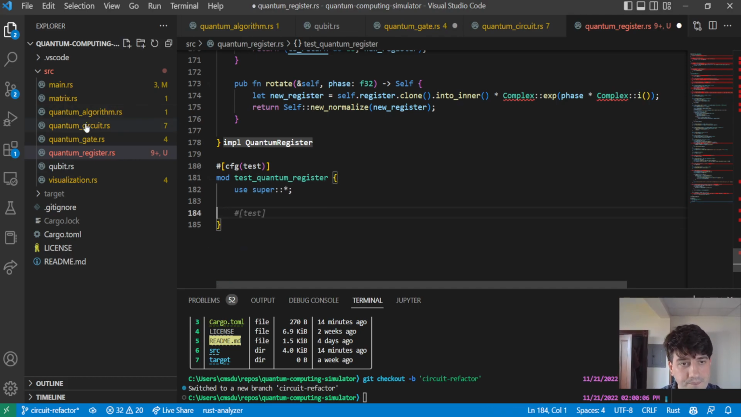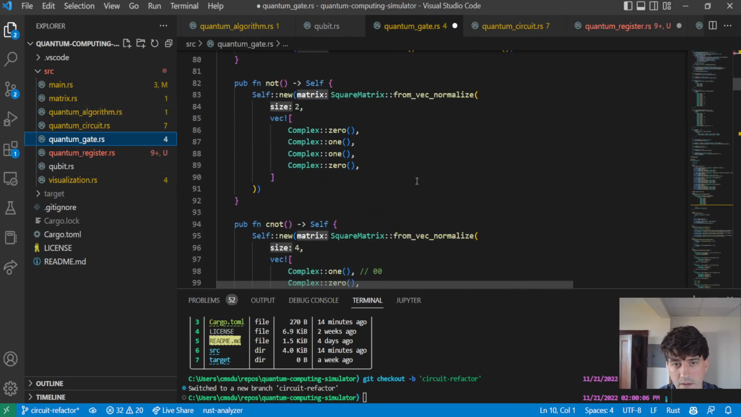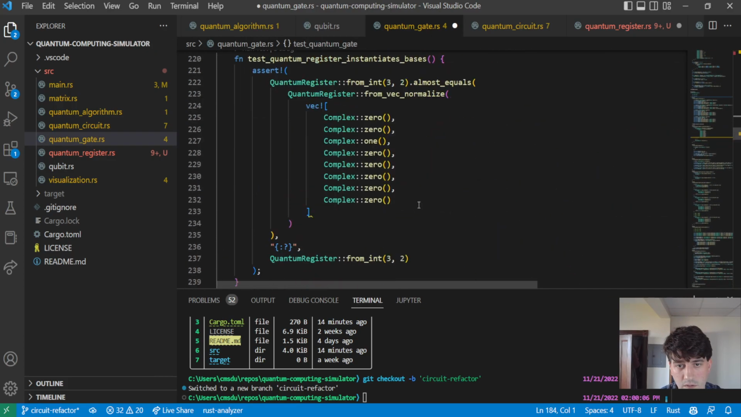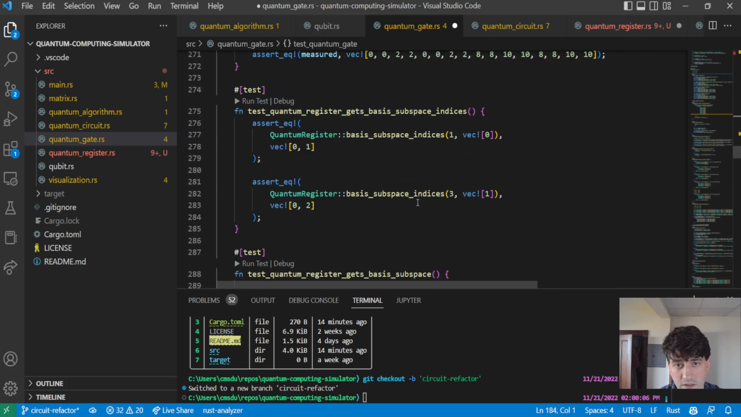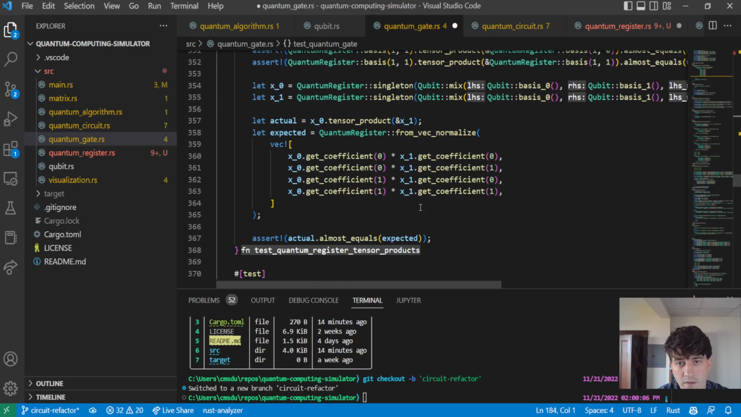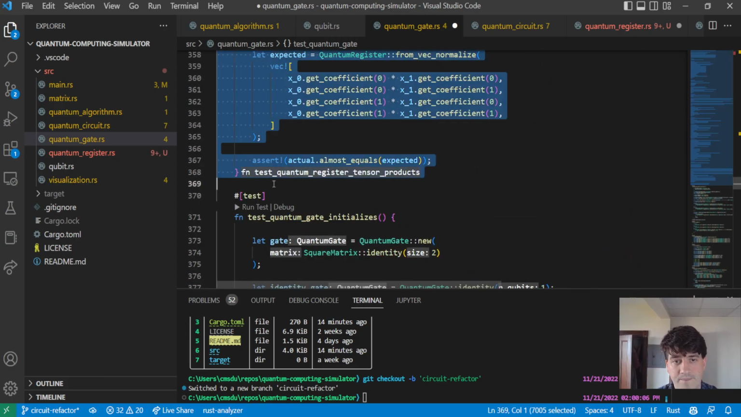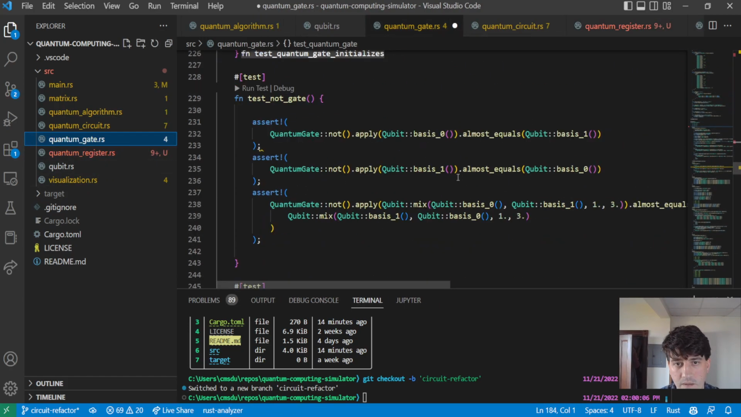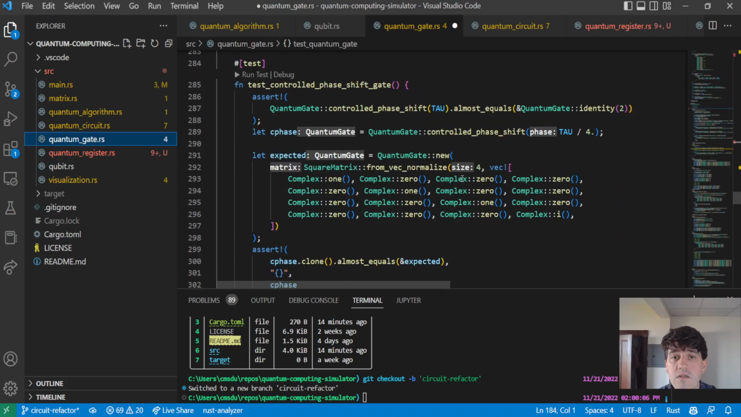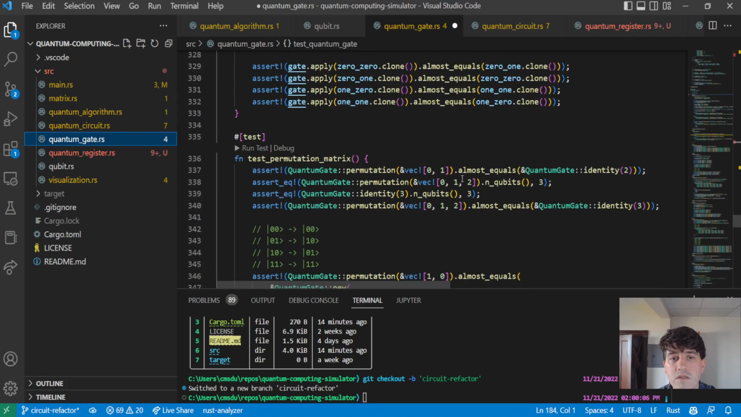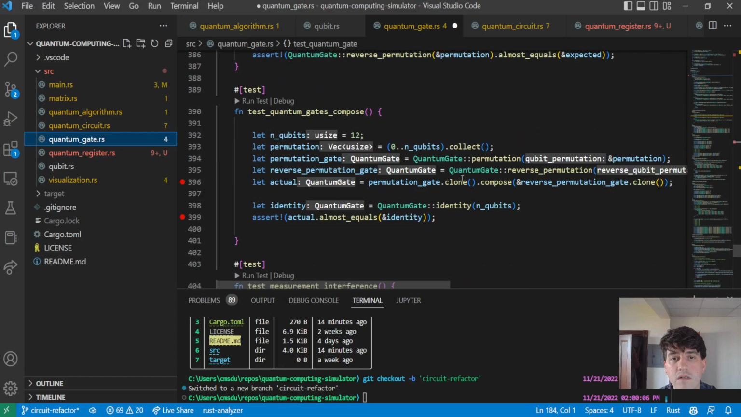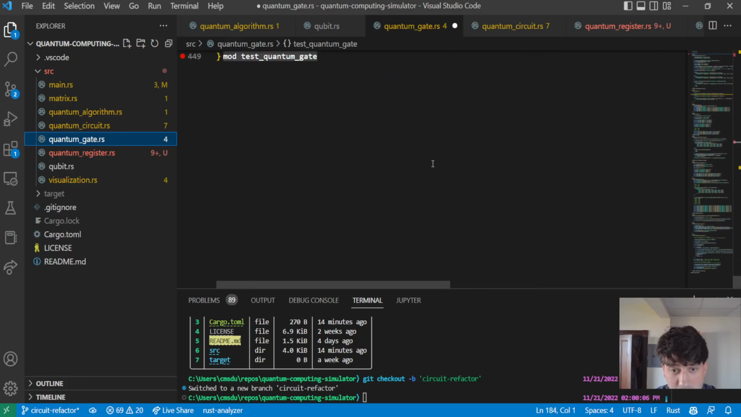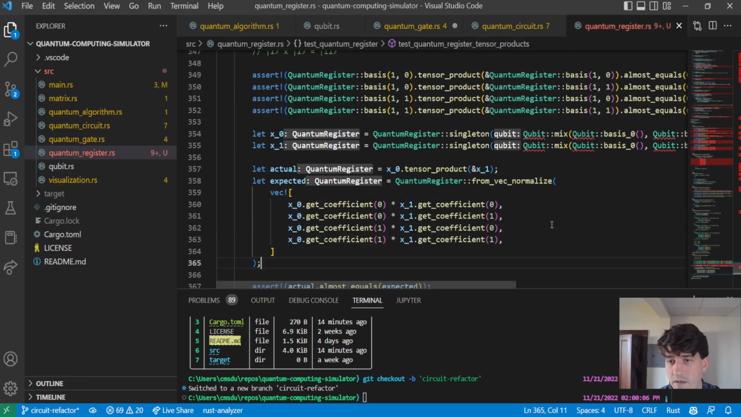Go away. And test, register. It's all about registers, quantum gate. Are there any others that are about quantum registers? Is this one kind of about? No, this is about gates. Okay. And then in here we're gonna have to